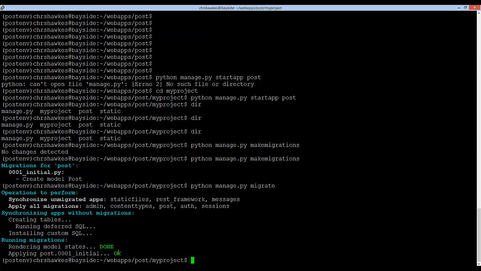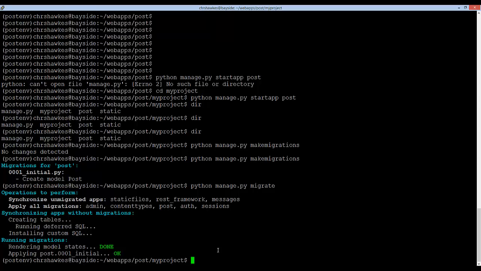So migrations are a total pain in the butt. Django South and all that stuff was great, but it constantly didn't work, and it was a real big headache. Anytime you changed your database table, a lot of people would resort to dropping the entire table and having to repopulate stuff. It was always a nightmare basically. It did work for me, and it took a long time to learn it, but it was very, very difficult for newbies. This is a much better thing that Django has for newbies: run makemigrations and then migrate, and it just works out of the box. So now that works,